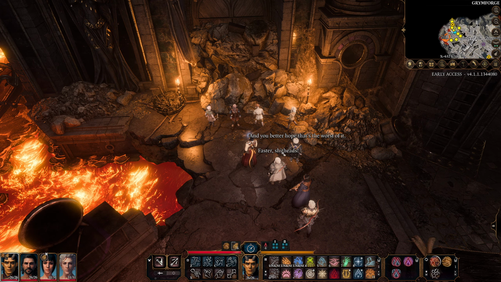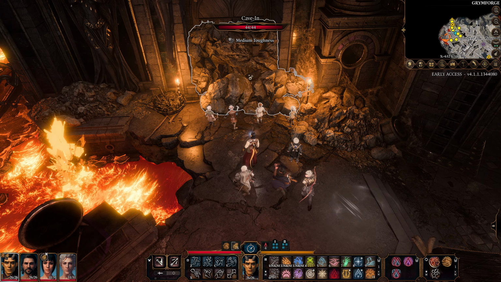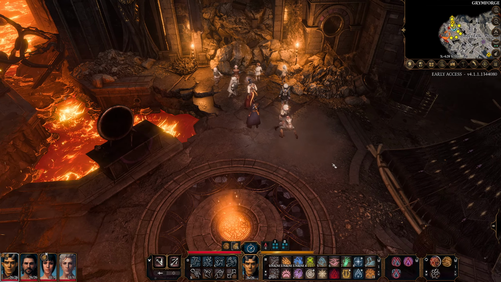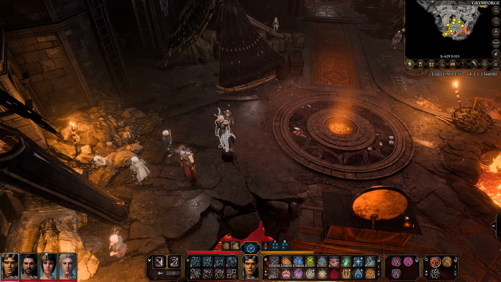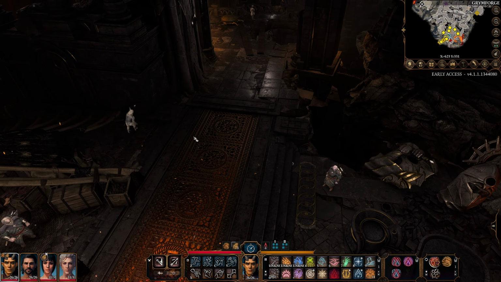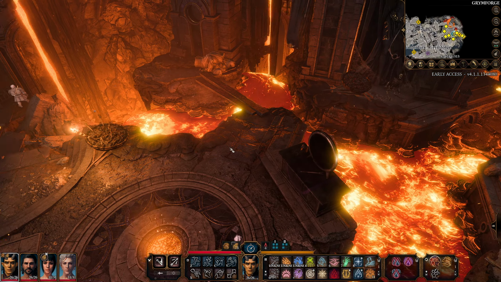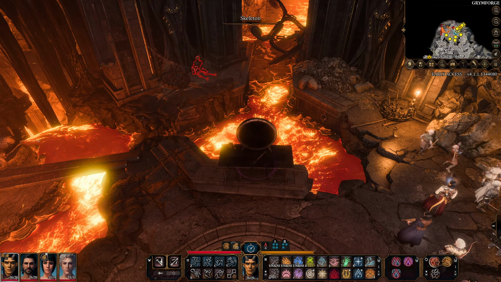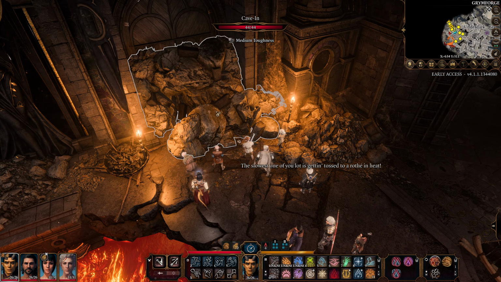It's not going to roll initiative, is it? No. Okay. Gale dancing around. If we started a fight here, it's going to be at least 6 of them. It's not going to be an easy fight. What if we interact with the stones? The slowest of you lot is getting...